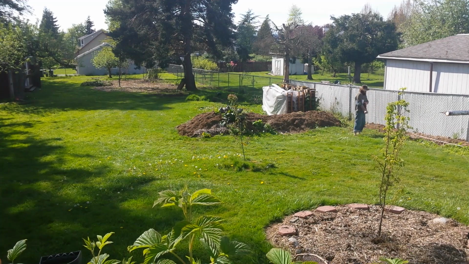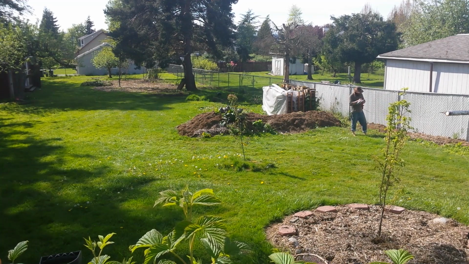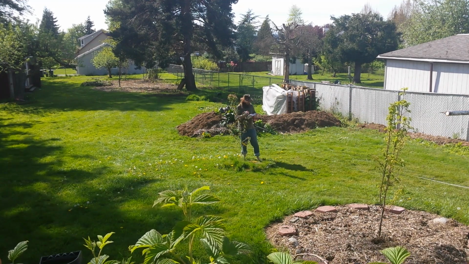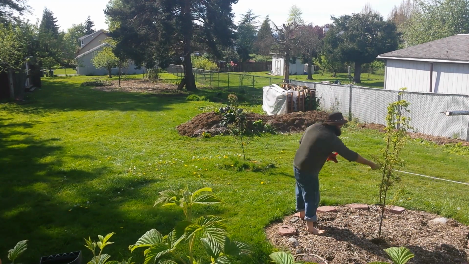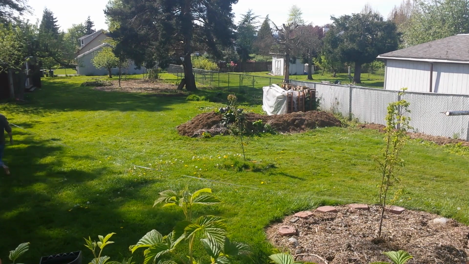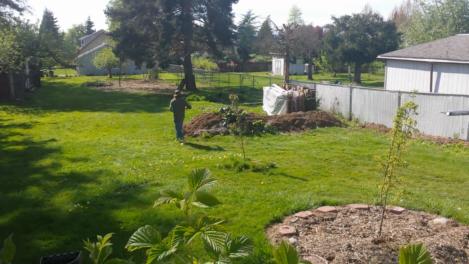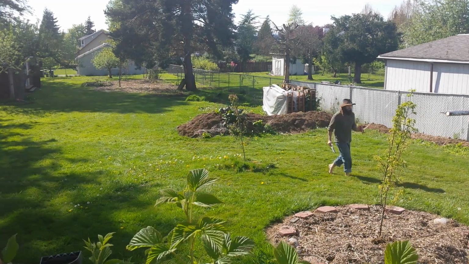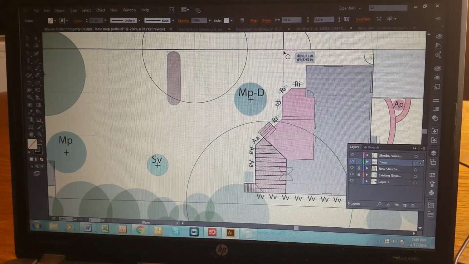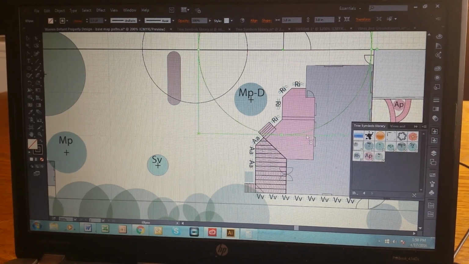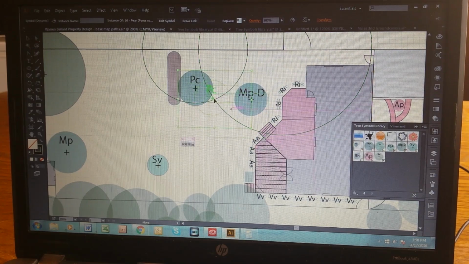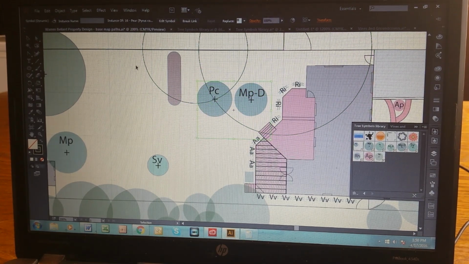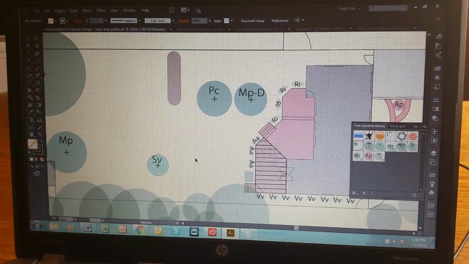Another important step in gathering information about the site is creating a base map on which to build the design drawings, as well as taking measurements to position the existing structures and plants upon that map. This is mostly done by a very old and simple method of triangulation. The distance to an element is measured from two different reference points along a straight line, such as this fence. The measurements are then transferred to the map as a radius of a circle, centered on the reference points. The element is then correctly positioned at the intersection of these two circles. This process is repeated for every tree, plant, and structure on the property, so that an exact scale map can